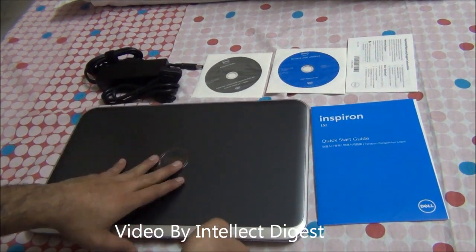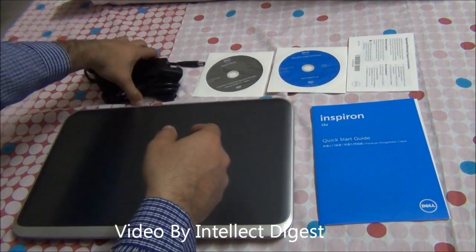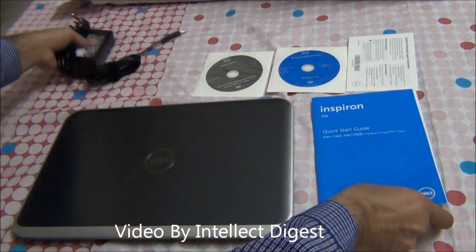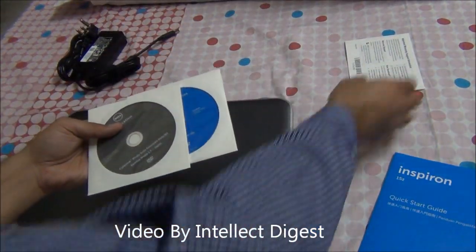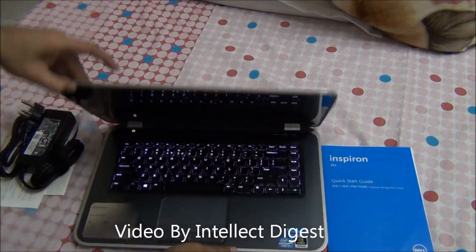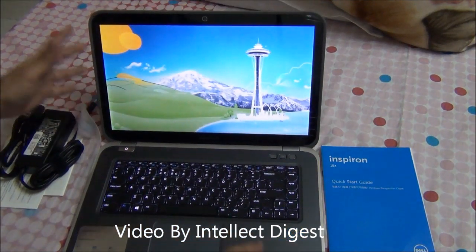So what you get is this main unit. It does not have a removable battery. You get the charger and power cable, a quick start guide, some driver and utility CDs and DVDs, and there is some warranty information. The Inspiron 15z, which is the latest Ultrabook series with the large 15.6-inch high definition display,